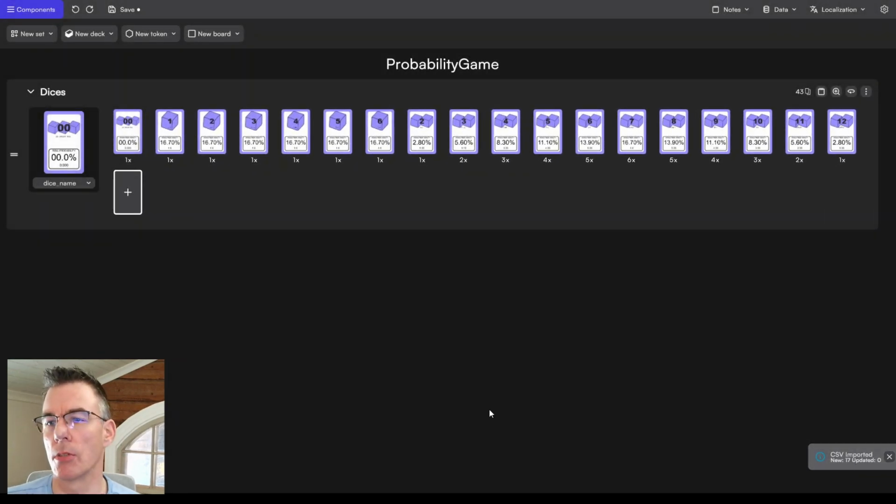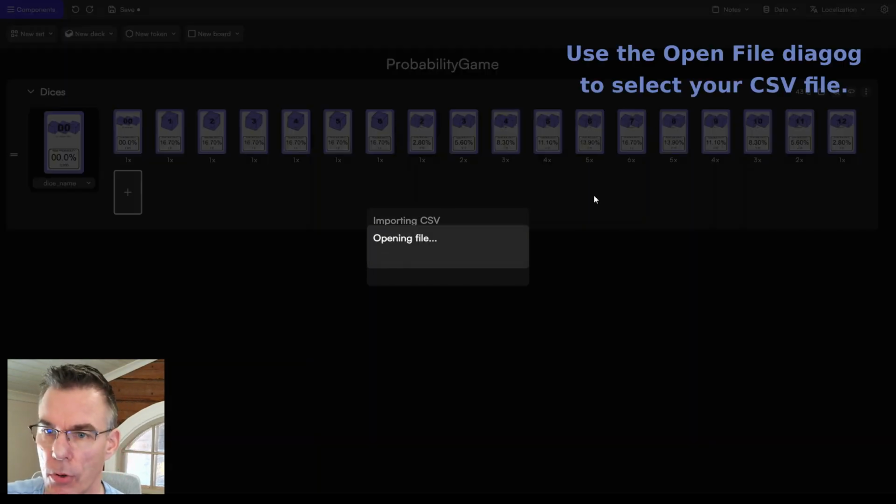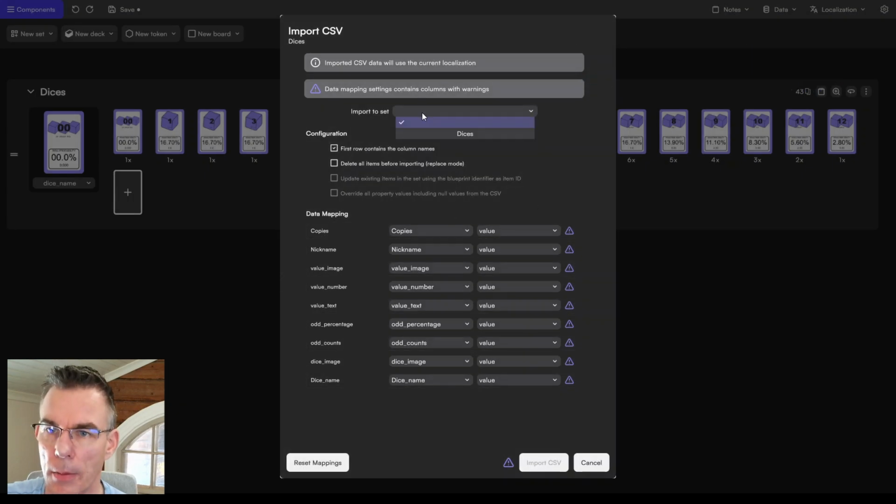And one thing to notice, and one difference between Dextros and Tabletop Creator Pro is that Tabletop Creator Pro always creates new cards. It doesn't delete old cards. So here is the old template card that we had, and then there are all the cards we just imported. If you do it again, import data, opening file, open file, like so, they are the same things.